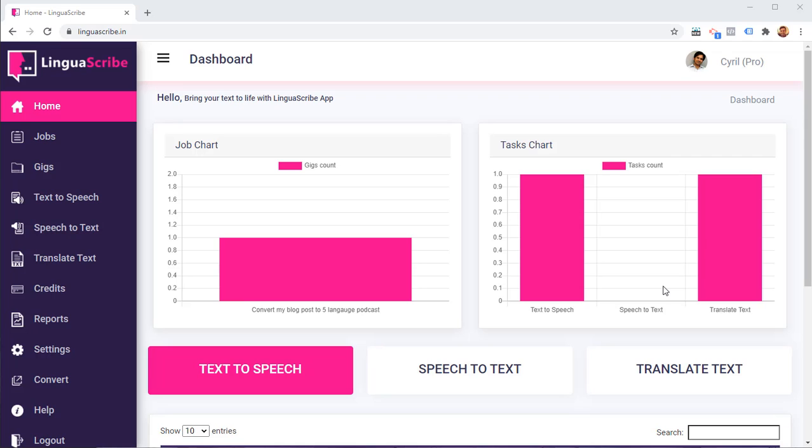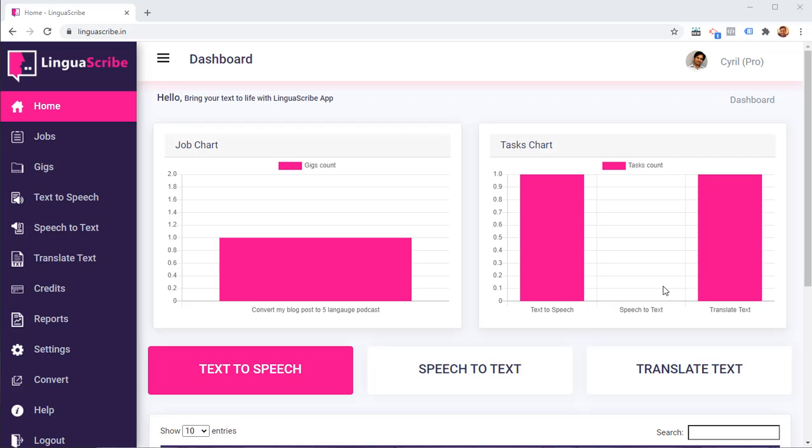So, let's say you want to translate your blog into multiple languages. Every time you put up a blog article, you might want to translate it into 5 languages, and you might be writing 2 blog articles a month. Similarly, if you want to transform your blog article into voiceovers, you might be writing a new article every week or maybe more often, and you want to make voiceovers seamlessly in 5 to 6